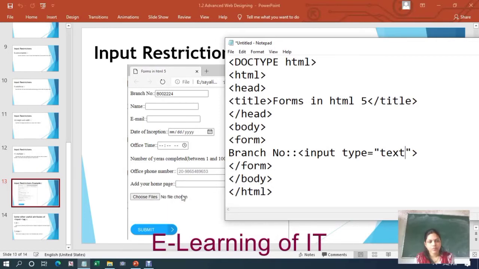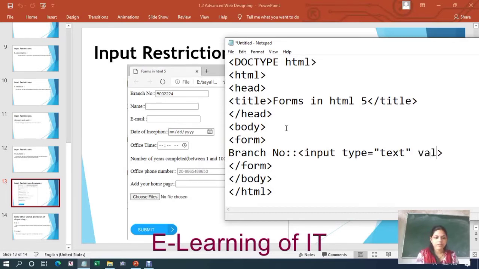Suppose this is a form for employees, then the branch number will be the same for all employees. So the user is not required to enter a value into it. It is a default value. So you can specify that value within the program itself and the user will not be allowed to enter a value into it, so that you can make this field read only for all other users.